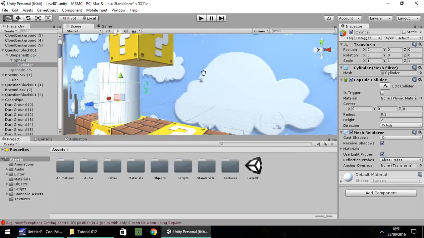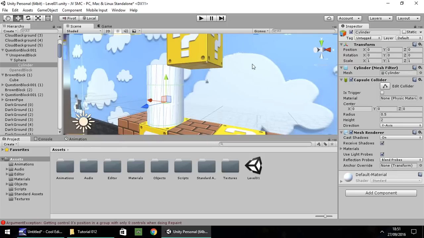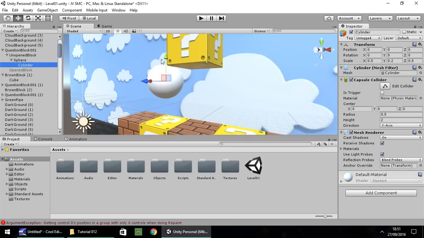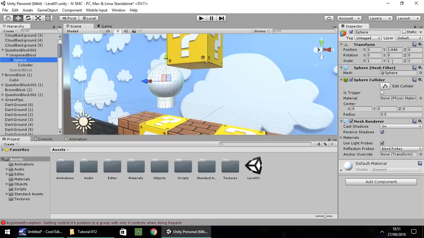So now we just need to adjust the size of our cylinder to something half decent. We need to shrink it quite a bit. So let's have 0.2, 0.5, and 0.5. It may not look much like a mushroom at the moment. Let's bring it up a bit. Bring our cylinder down for the stalk of the mushroom. And let's shrink the scale on the Y to maybe 0.5.